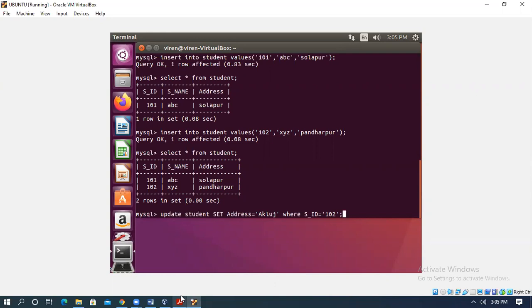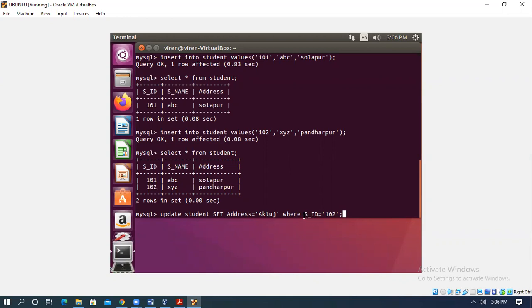Complete, semicolon. So remember the syntax: first you write update, then table name, then the set keyword. You want to change Pandharpur to Akluj, which is the value of the attribute address. In place of Pandharpur, you want to set Akluj, right? So we write set address equal to Akluj, where SID is 102.